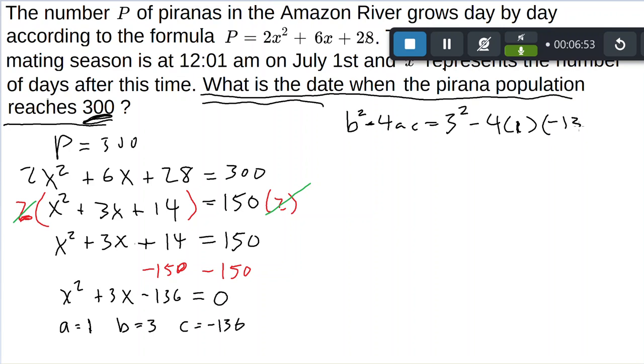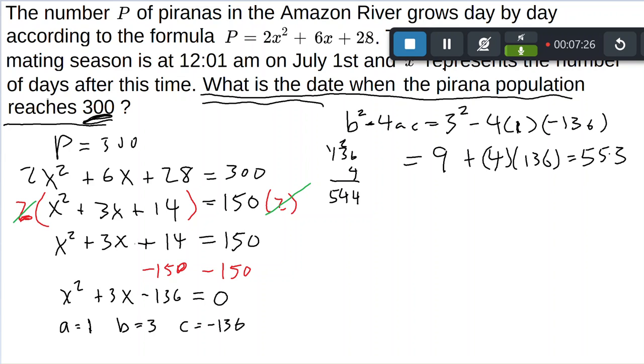Negative 136. So that can be written as 9 plus, because negative times negative is positive, 4 times 136. 136 times 4: 24, carry the 2, 12, 14, carry the 1, 5. Okay, so that's 9 plus 544, which is